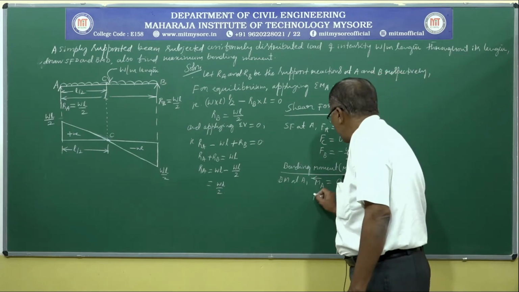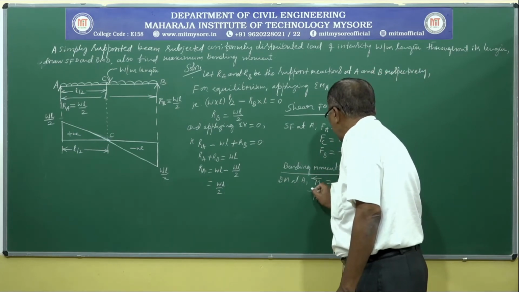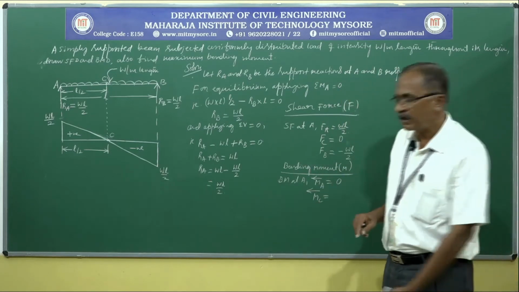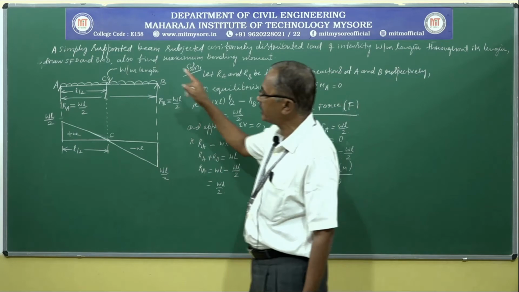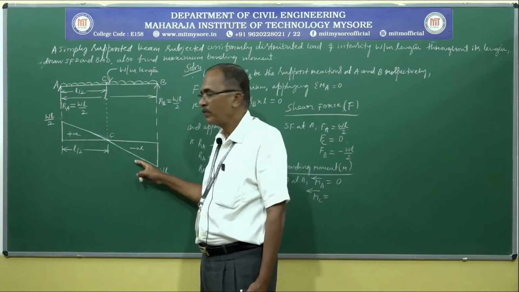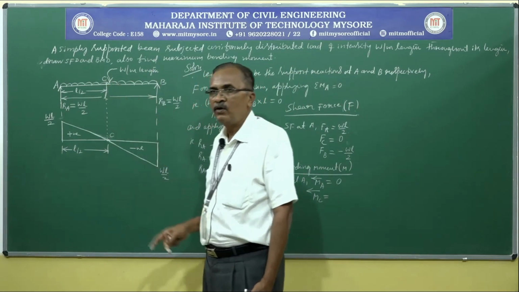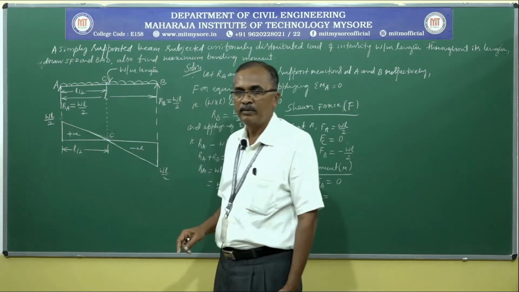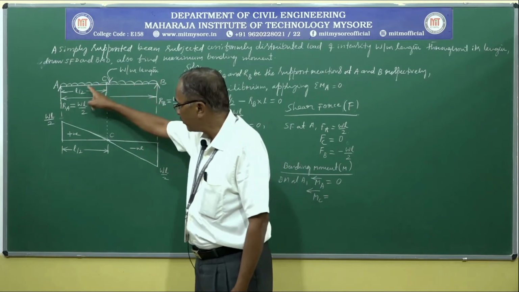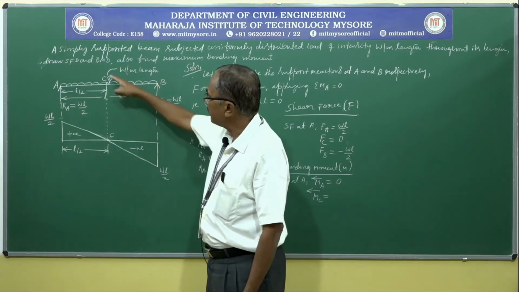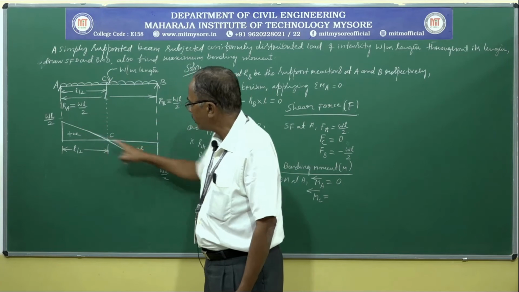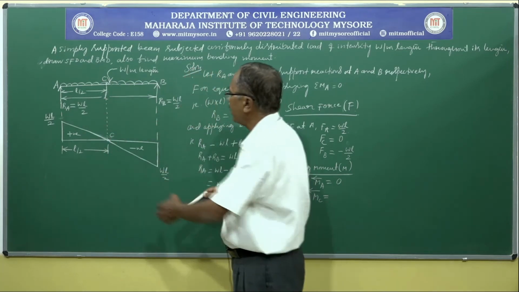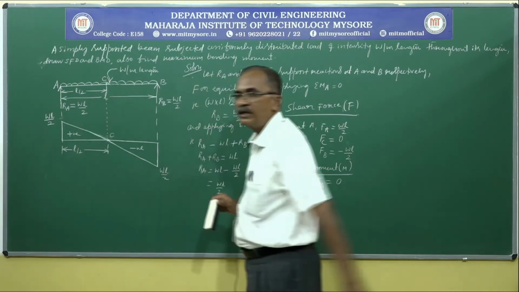Next, bending moment at C, MC, by considering the left hand side. In previous cases, wherever the shear force diagram changes its sign from positive to negative at an unknown point, we used to locate that point from a nearby point or support. But because of symmetry here, one can easily say that it will change its sign from positive to negative exactly at the center. So there is no need of calculating this again; directly you can take it as L by 2.